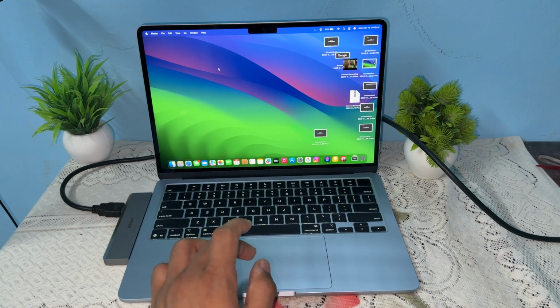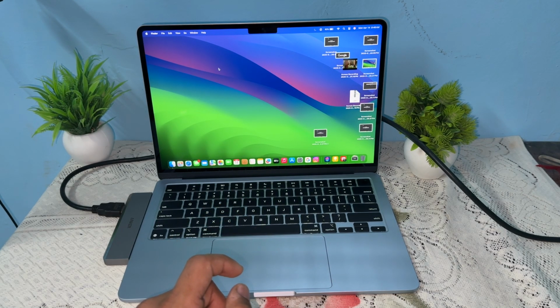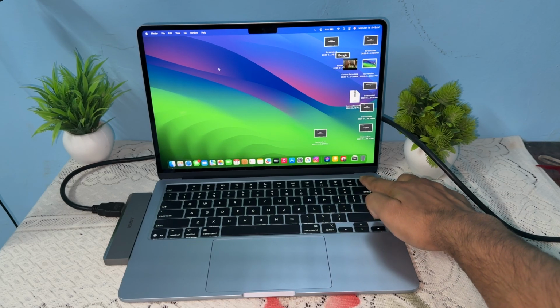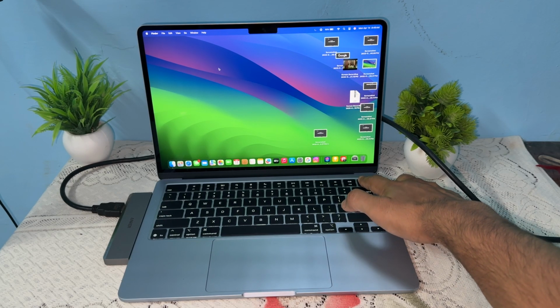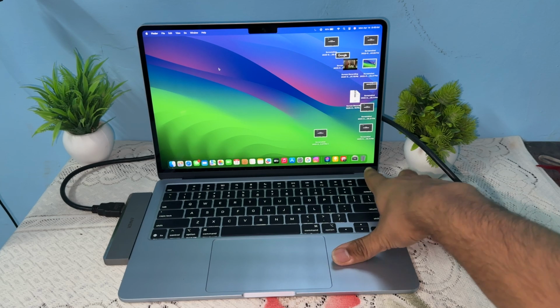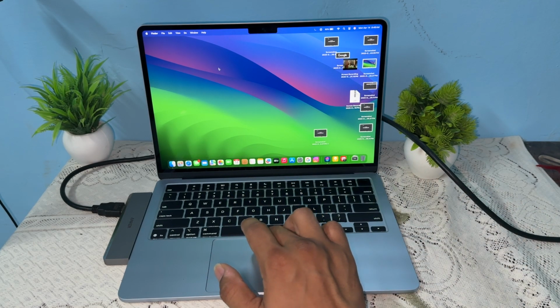So if you are still facing the issue, there may be another problem. In that case, you can try to boot in safe mode. To boot in safe mode, you can long press the Touch ID button, which you will see located here, to shut down your MacBook, or you can manually shut it down by simply pressing